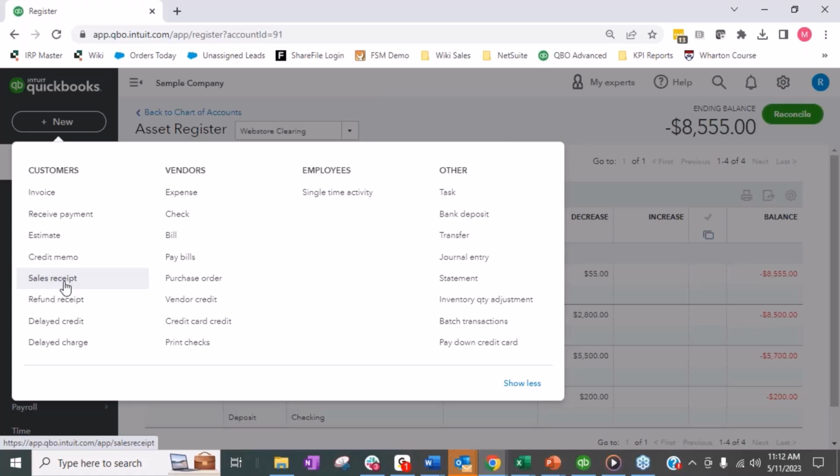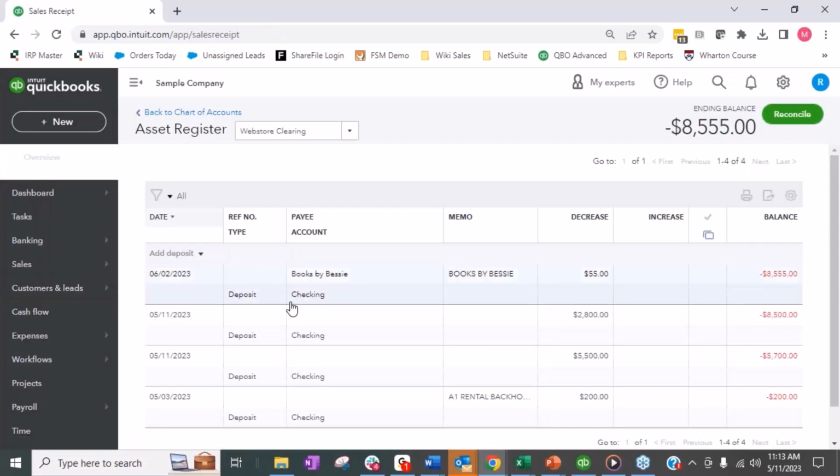And then invoice, if you think about it, an invoice, we put an invoice in, hits accounts receivable, and then when the customer pays us, that's a separate transaction, customer payment, right? In this case, sales receipt does both of those things. It accounts for the income, the revenue, and it takes the payment at the same time instead of that being two separate transactions. So I'm going to enter a sales receipt,